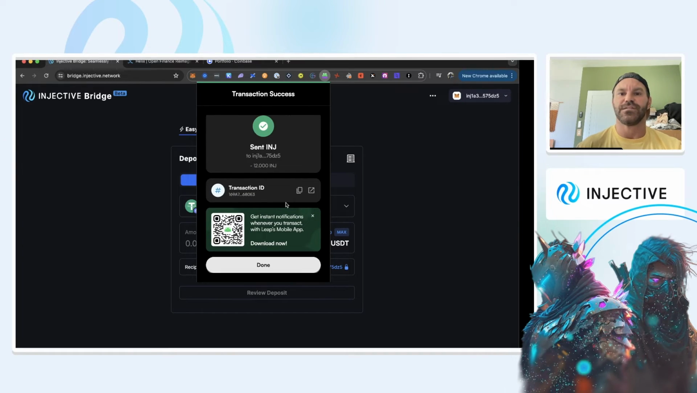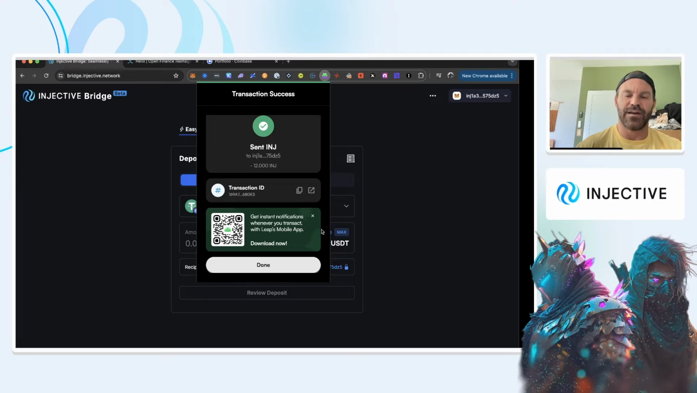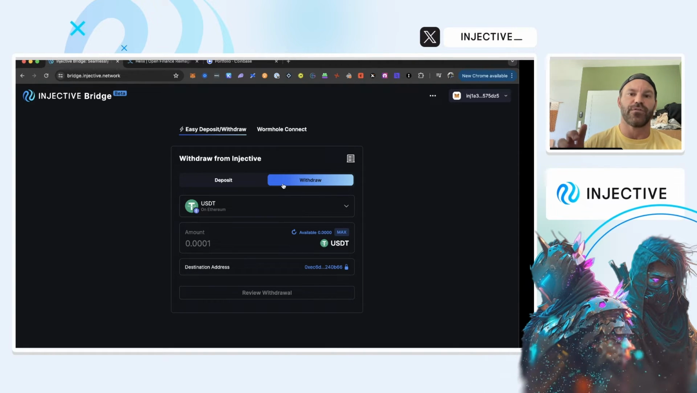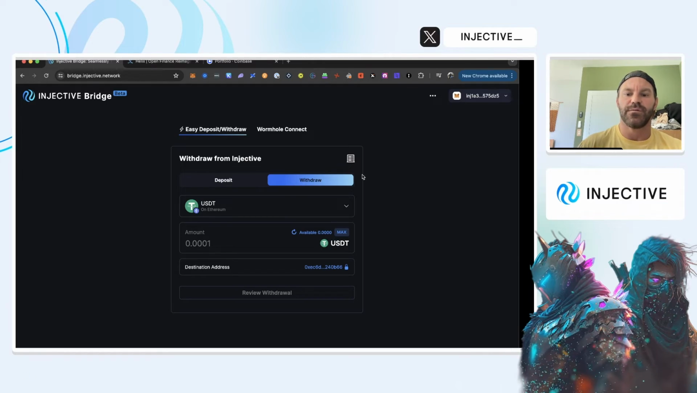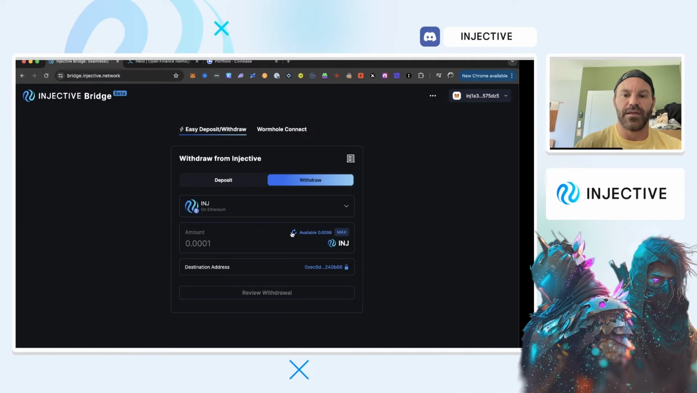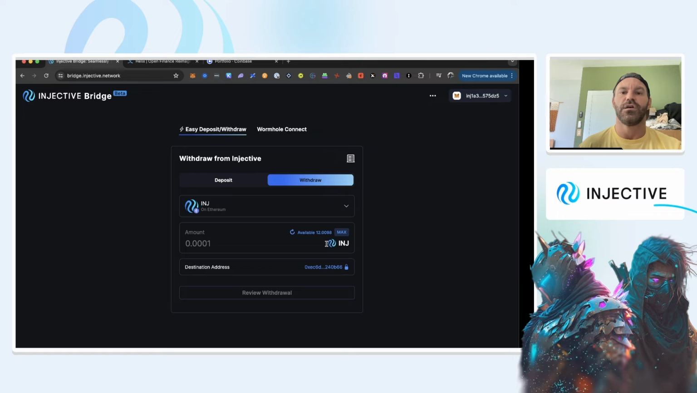Given that this is the Injective network, that is blazing fast and almost instantaneously in that new wallet. So if I go back to the bridge page here and I go to the withdraw section because I want to go from the Injective network to the Ethereum network, if I select the Injective token here and I refresh that balance, you can see that updated from 0.0098 Injective to 12.0098. So those 12 tokens have gone from my Leap wallet to my MetaMask wallet